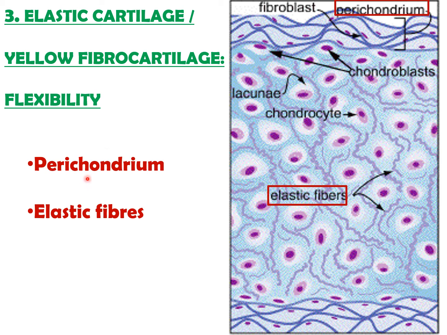Its function is flexibility. Here a perichondrium is present and elastic fibers are present. So mostly you can identify it by the elastic fibers and perichondrium. If you can see both perichondrium and elastic fibers, then you can label it elastic cartilage. So the other name we have given for elastic cartilage is yellow fibrocartilage. It is similar in many ways to hyaline cartilage. The main difference between hyaline cartilage and elastic cartilage is that instead of collagen fibers, the matrix contains